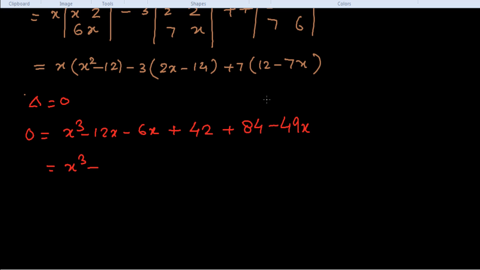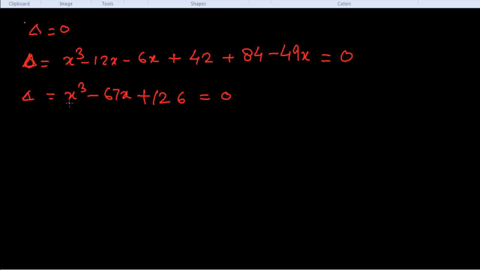So it is 12, 6 and 49. So you get here minus 67x, and get the constant value there, 6 and 4, 12, 126. And we are making it equal to 0. The determinant is equal to 0. We put here determinant and we put here 0. Okay. So we get